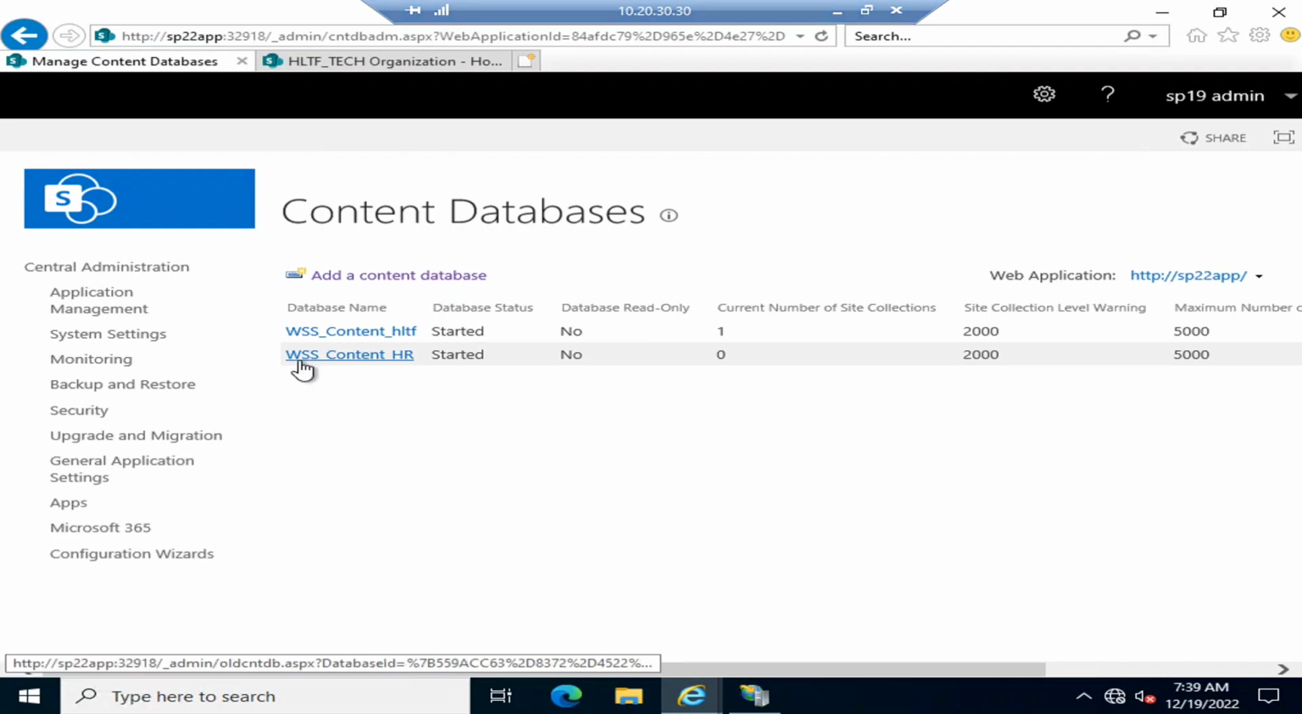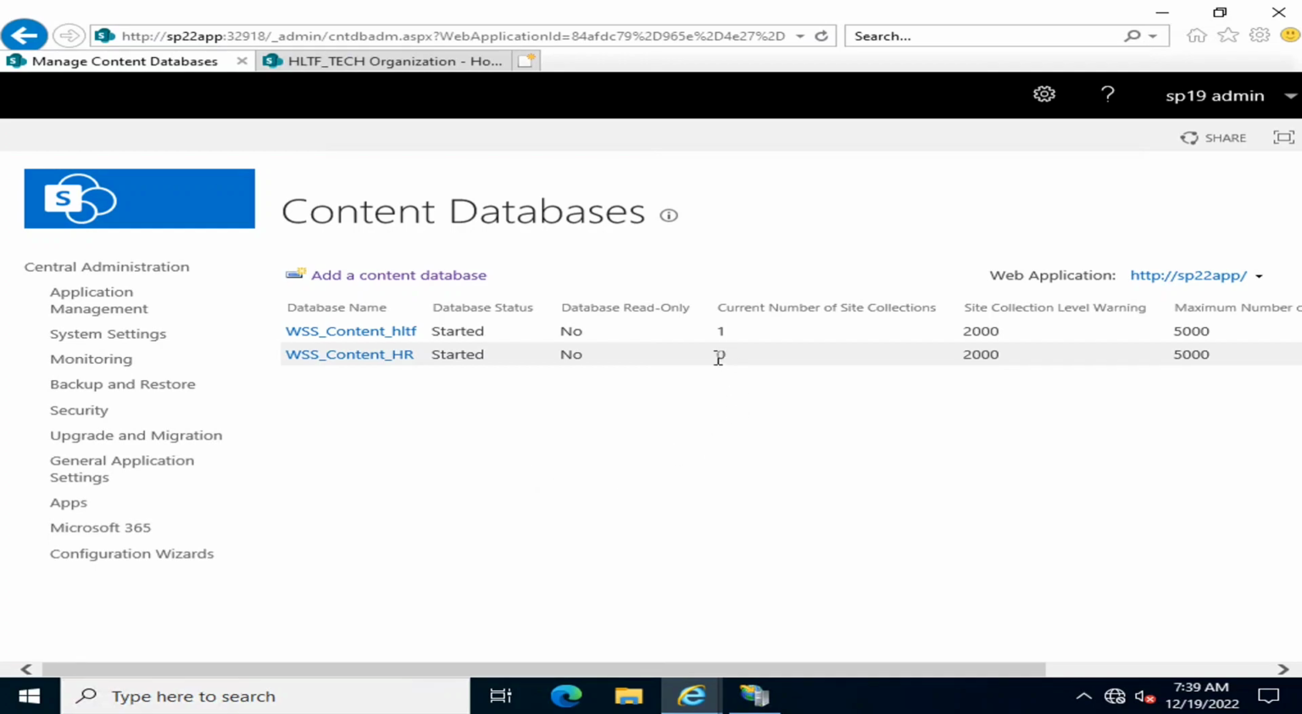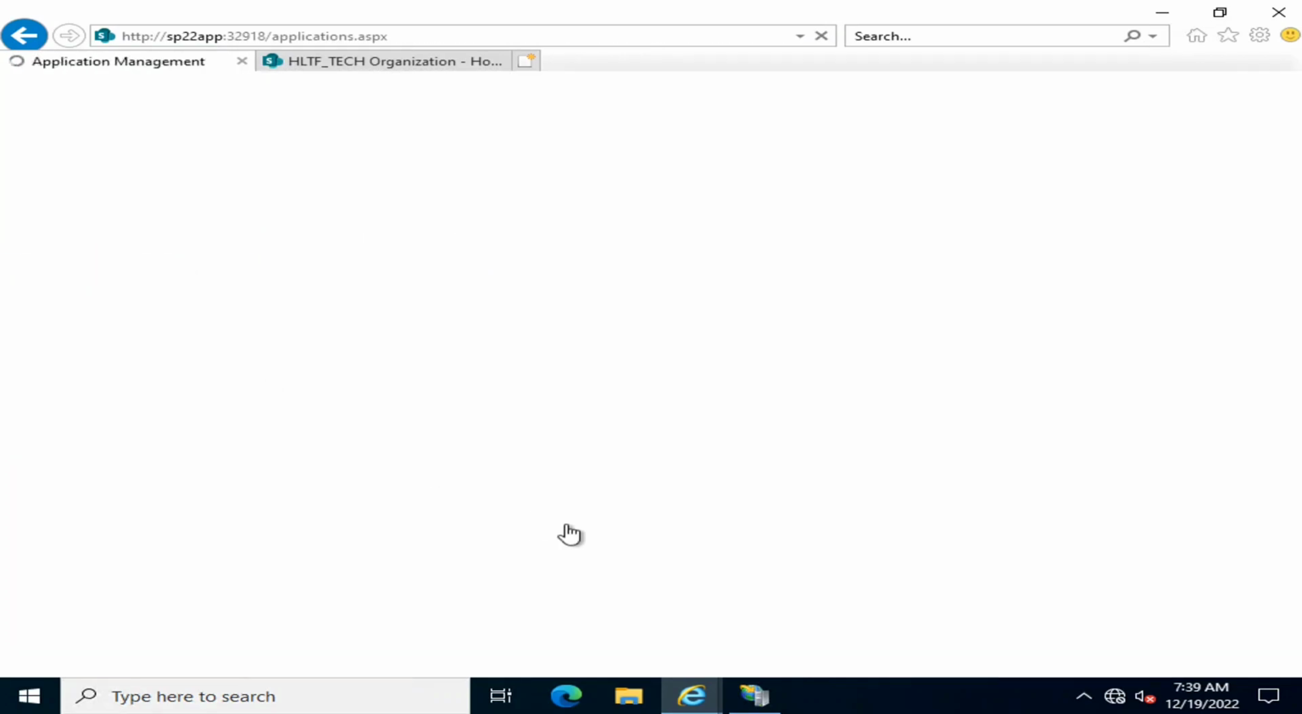Now here you can see that a new content database has been created, that is WSS_content_HR. It is a combination of MDF and LDF files that are created on your database server. Right now you can see that there is no site collection here. So this is the latest database that is mounted, and what I'm going to do, if I go into the